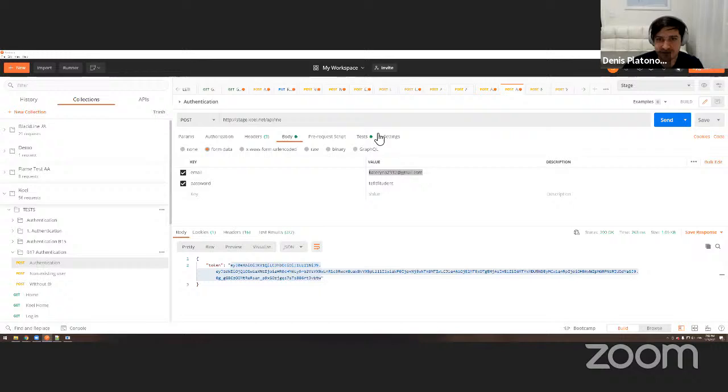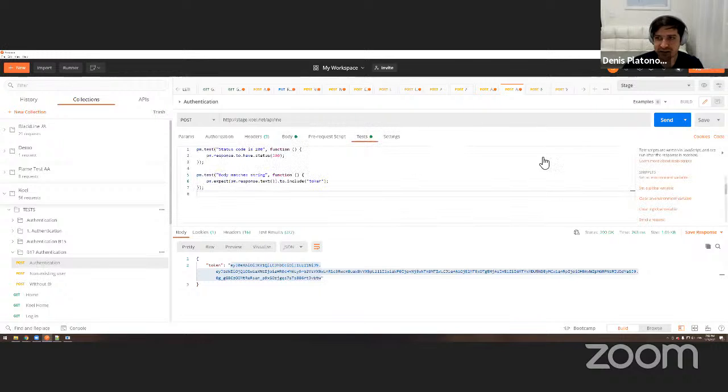It's right here, guys. Once you click tests, you see on the right hand side, it's right here. Test scripts are written in JavaScript and are run after the response is received. And these are the snippets. You just click one of them, and I used the two, which is a set of predefined response codes. If you need to do something crazy, you can just Google your particular case.